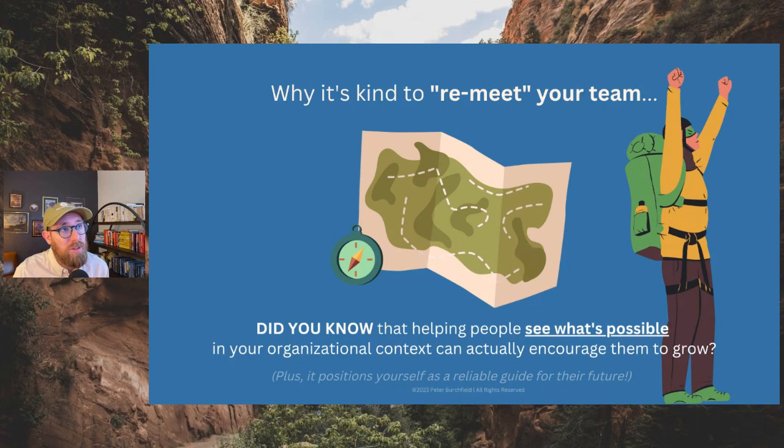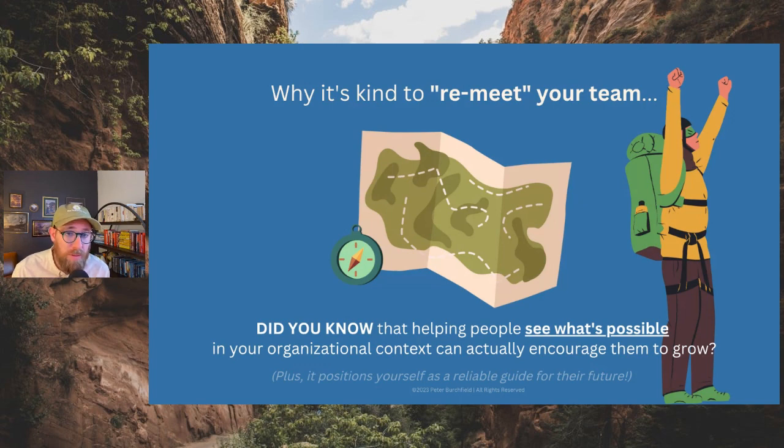And so we start to kind of get a chip, if I could say it that way. We kind of get a chip on our shoulder about the very people working in the organization, because we're always trying to size up whether they're doing enough to kind of pull their weight. But the reality is that they will grow, they will level up, they will blow your minds in terms of what's possible if you show them how they can advance in their own leadership journey with your organization as the map for it.